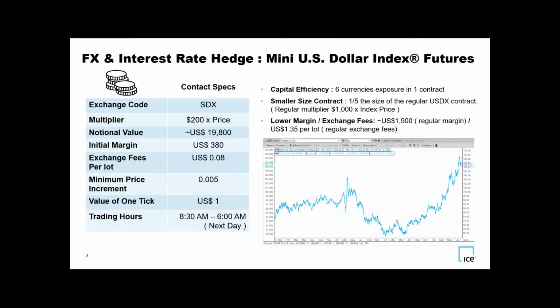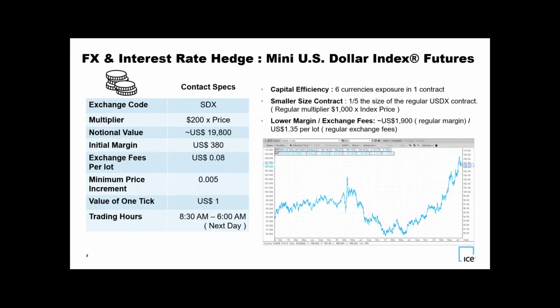So these are the contract specs for the mini US dollar index. Again, it's the multiplier: 200 times whatever the index is. I took this chart this afternoon, so it has broken 100, and it's 106.331. That's the index value at this current moment. You can see on the chart, the darker blue is the mini US dollar index, and the lighter one is the US dollar index in the US. It tracks perfectly because the price is referenced from that index in the US.